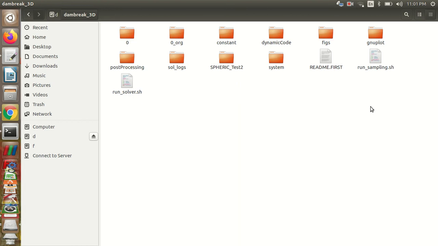Hello everyone, in this tutorial we will see how to write only the specified variable of interest in OpenFOAM. Most of us, especially beginners, would have faced this problem that whenever we run a simulation in OpenFOAM, we find that OpenFOAM writes all the variables which are involved for a particular solver. This directly consumes a lot of space, especially in a very big computational domain. So it will consume almost all the memory space of your computer.